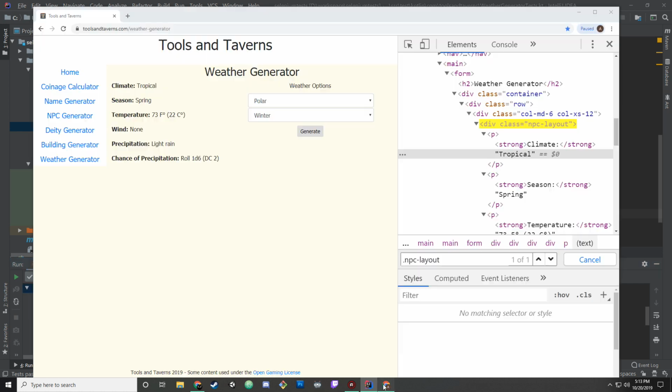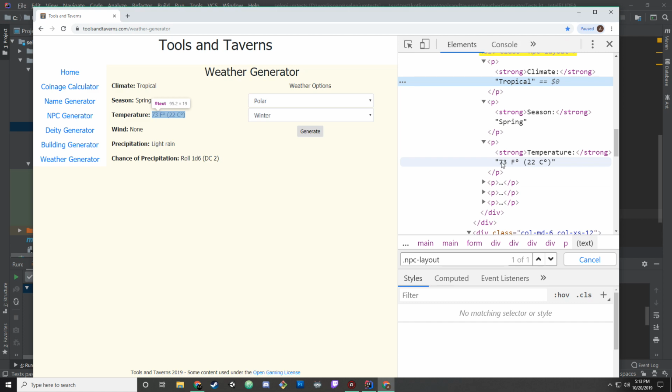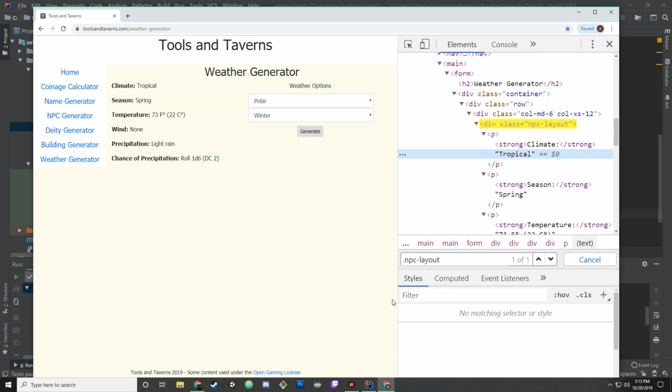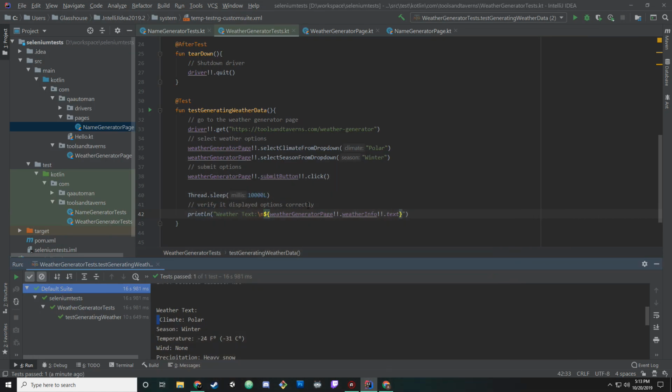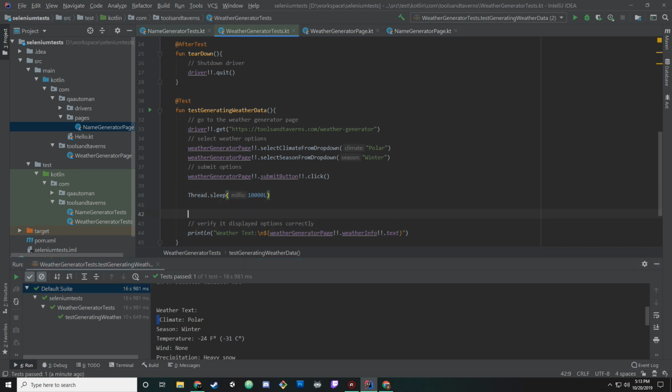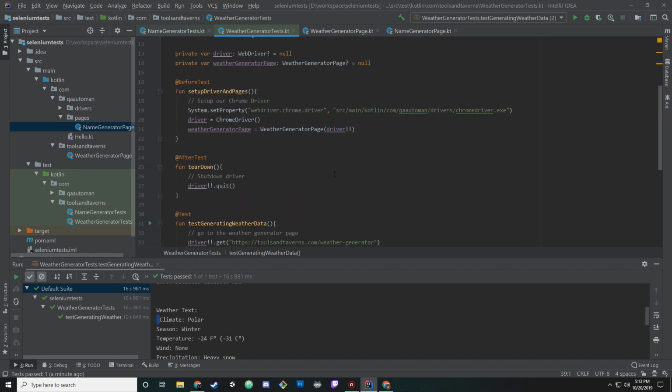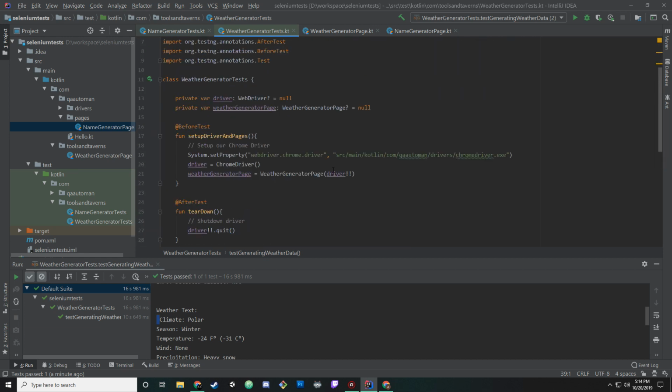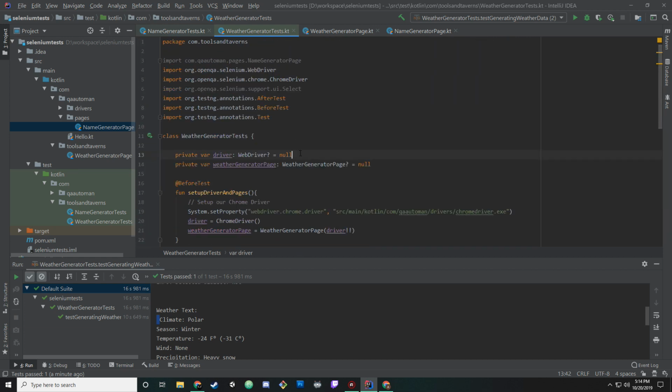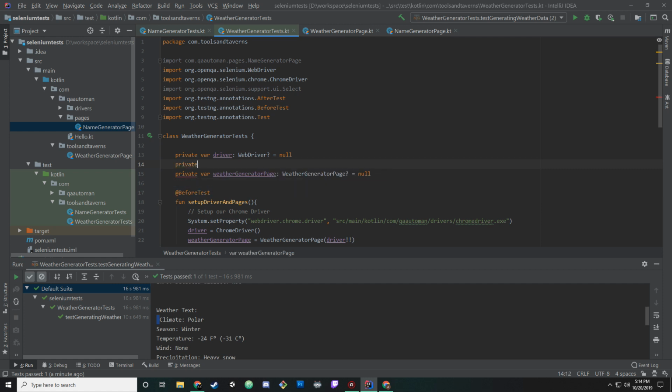So what we want to do is wait for this text to come up. How do we do this? Thinking. Maybe. All right. Well, we've got to create our WebDriverWait. So let's create it at the top. Sure. Private var